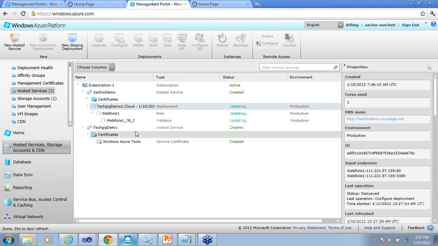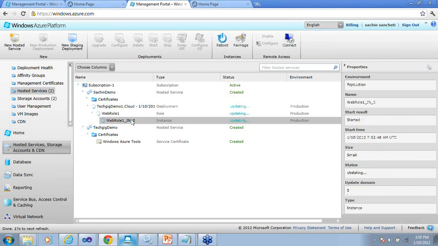We'll come back to this management portal once again. But before we go there, just come back to the presentation. So we covered all this. We talked about prerequisites, the Development Emulator, the Windows Azure Portal, Storage Explorer, deploying to Azure, and running from Windows Azure. We also saw increasing the instances using configuration, which we'll go back and see.